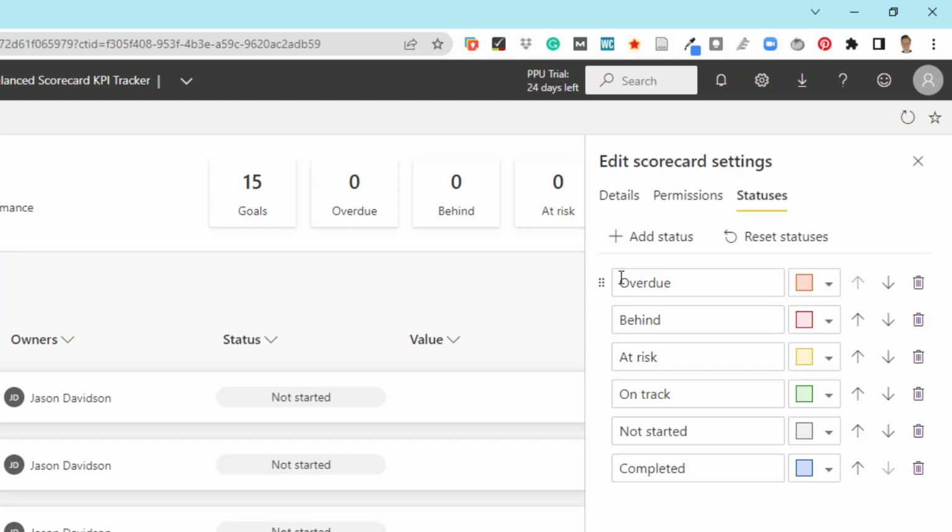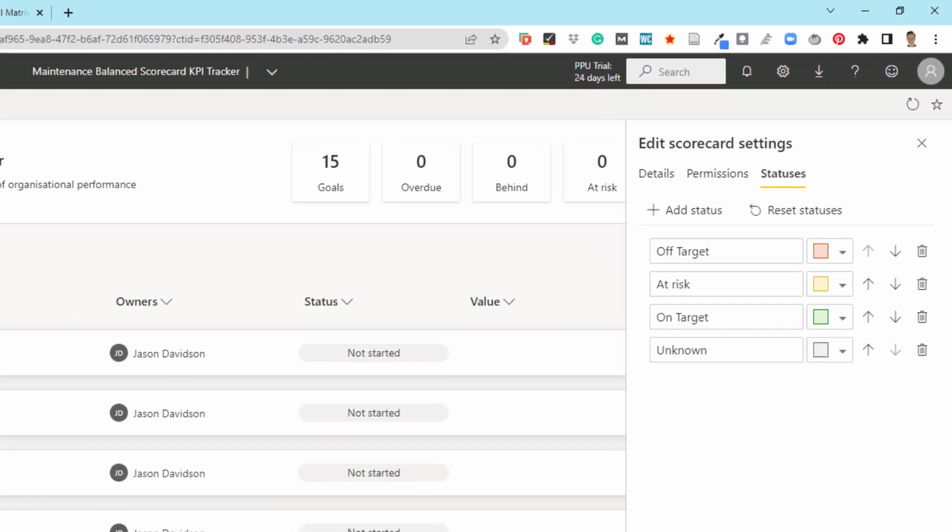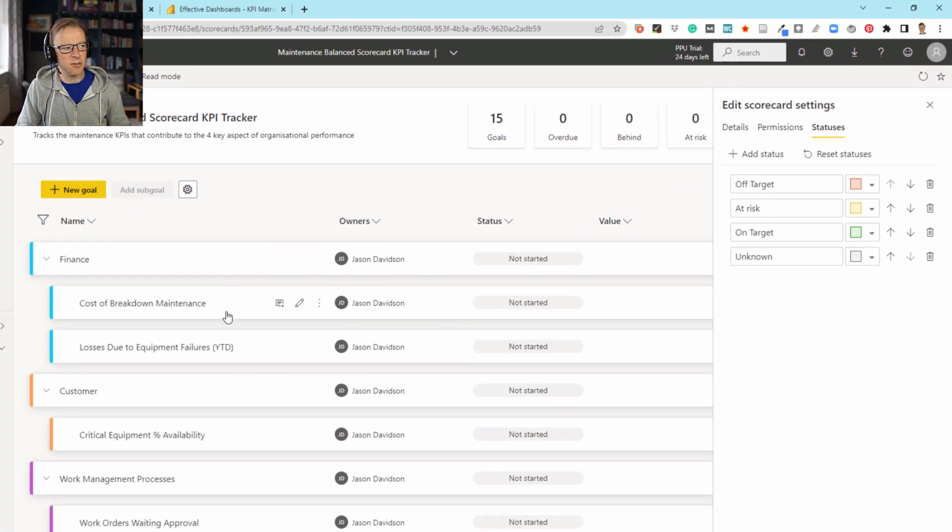So this one here I'm going to change to off target. I'm going to get rid of this one here. I'm going to leave that at risk. I'm going to change this to be on target. I'm going to change this one to be unknown. And I'm going to get rid of this completed. Okay, so you can see there's just a little bit of configuration there that means that when we start to allocate these status codes to these KPIs here, they're a bit more relevant to something that's an ongoing type of monitoring situation rather than a discrete endpoint where you've got maybe something that's completed or behind schedule or whatever. So let's save that,